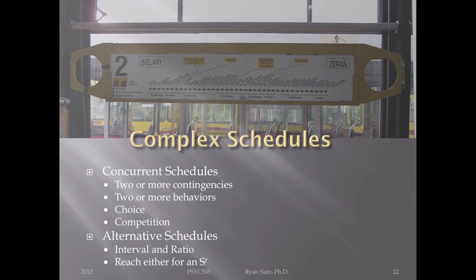There's even more complex schedules out there than this. There's concurrent schedules, as I've already talked about. There's chain schedules, where you've got to complete one schedule before you get access to the second schedule, before you get access to the third, before you earn your reinforcer for everything. There's some of those that are signaled and some of them that are not, so you don't know when you're behaving under one schedule and you go to a new schedule and you're behaving under a different one, in other words, and so on. It gets very complex, right? But that's how the real world works. We don't always know which schedule of reinforcement we're on.